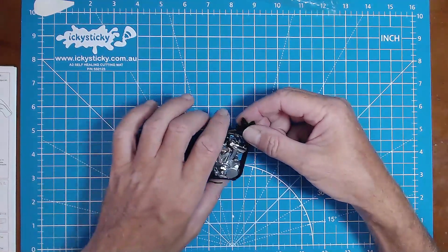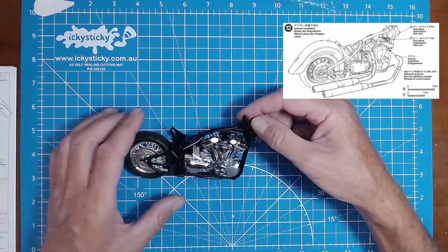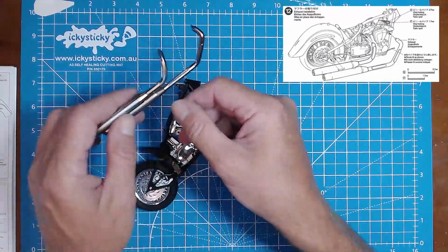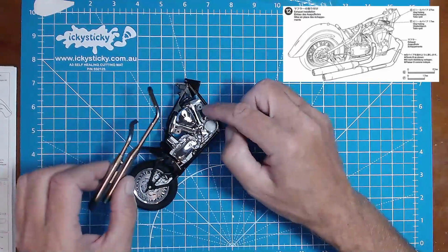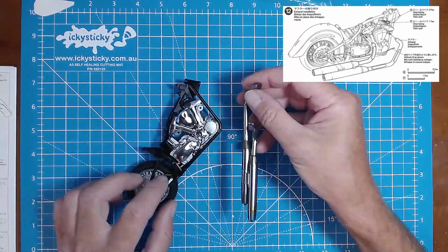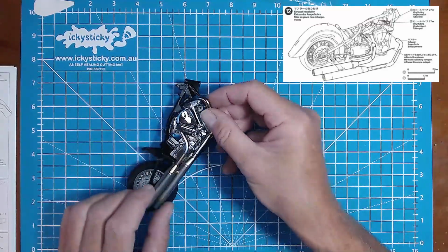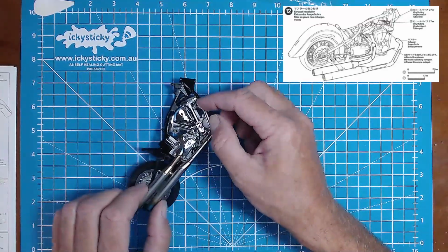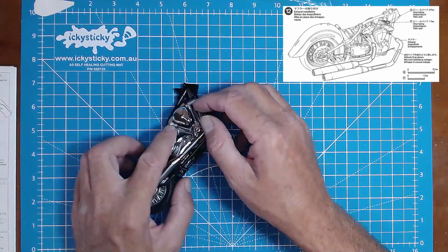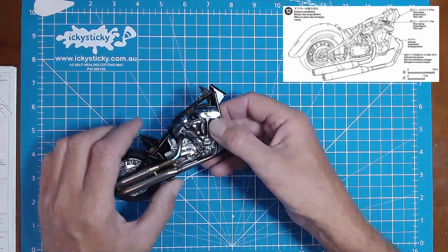So for the exhaust, quite simple really. Here we go. Here it is here. Nice. Basically we got our 2 points up there, and then there's that little piece on the back that sits up against a bit of plastic sticking out. So if we do a test fit, that in there like that, that's it basically,